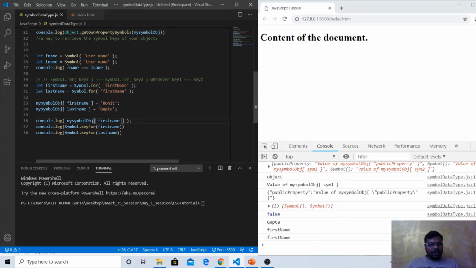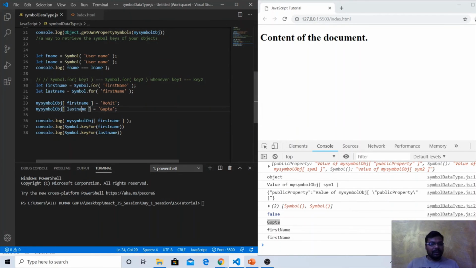Once I call this first name, it is returning the last name. So this is one tweak. If we have the same key for both symbol variables and we assign some value, it will take the latest one that we have assigned.